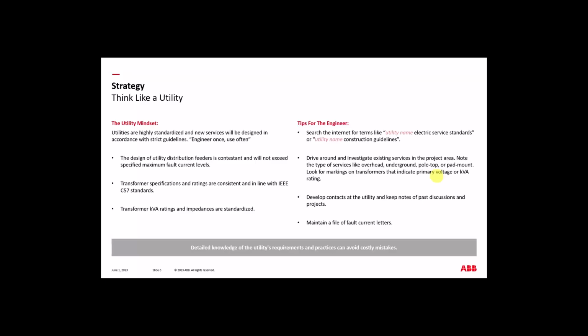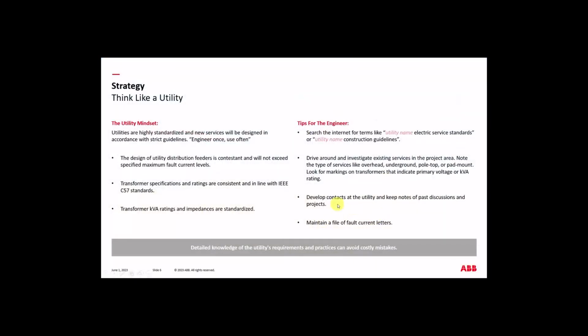Often they only put arbitrary serial tag numbers and indecipherable stuff in block letters on the outside of the transformer, because most of the time the nameplate is on the inside door, so you can't see it. Sometimes you get lucky and people put the nameplates on the outside, and then you can get all the primary voltage and the transformer size, the impedance, all that great information. So it's good to go out and take a look at the general area that the project's going to be in,